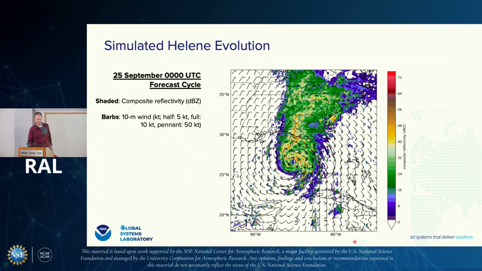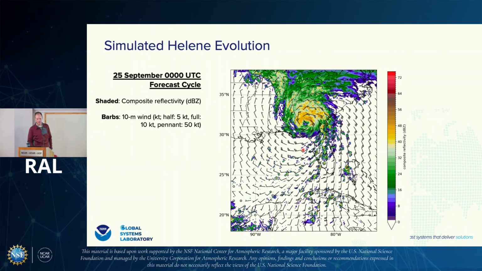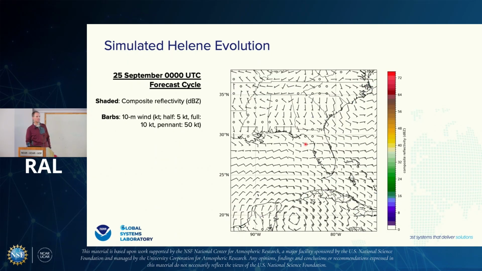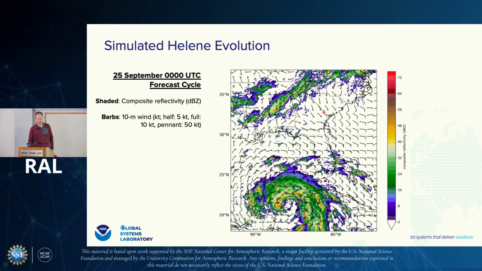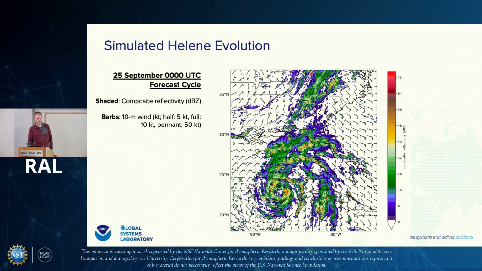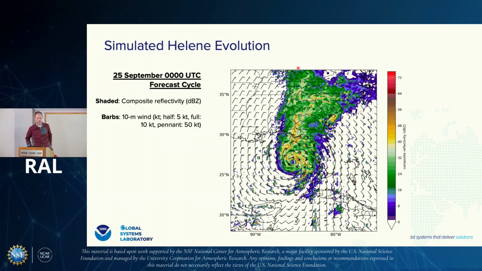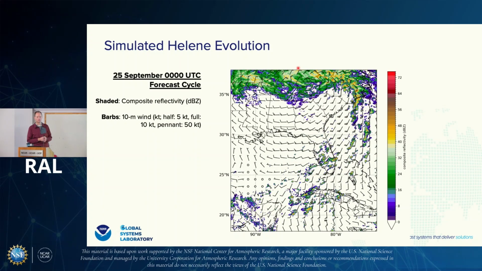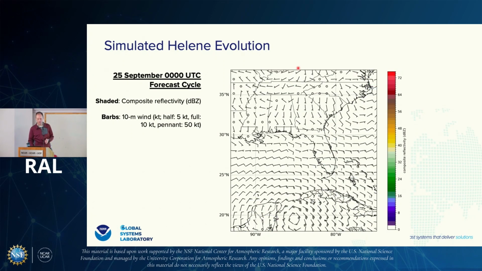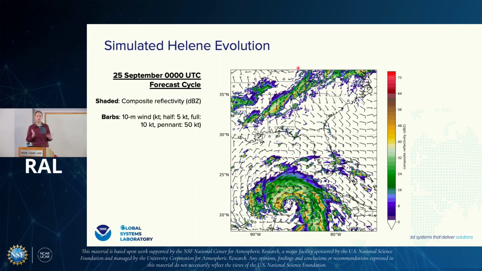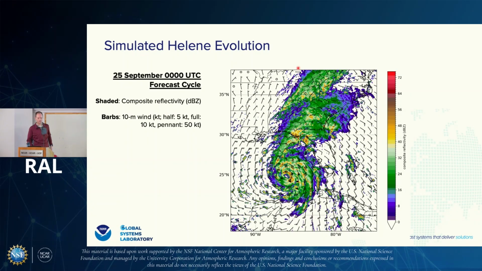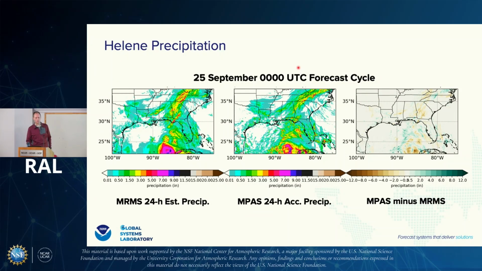Helene intensifies as it moves through the eastern Gulf, makes landfall to the southeast of Tallahassee, Florida, in the Florida Big Bend region, and then moves north-northeastward and then ultimately north and northwestward into the southern Appalachians, producing copious catastrophic amounts of rainfall and flooding into the southern Appalachians. Overall, our track forecasts were very good for Helene as well. I'm not going to go into the specific statistics of that, but instead focus a little bit more on the